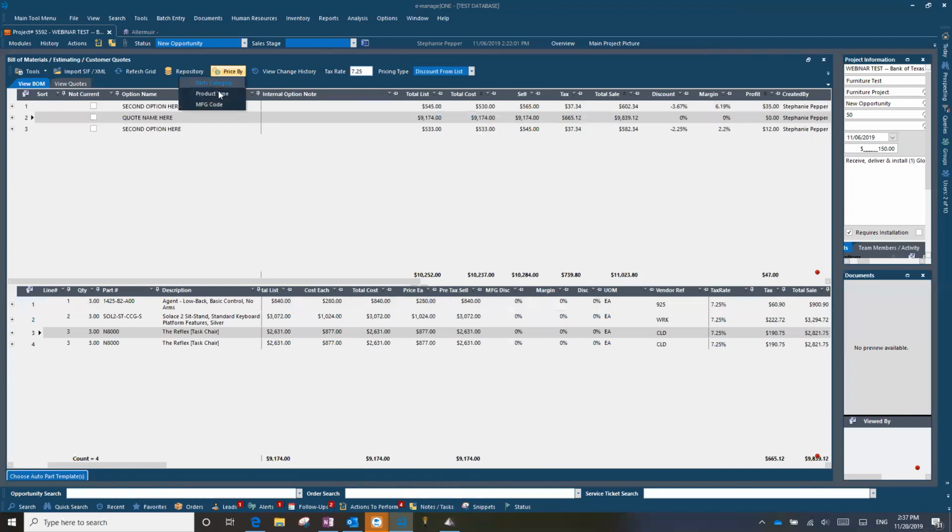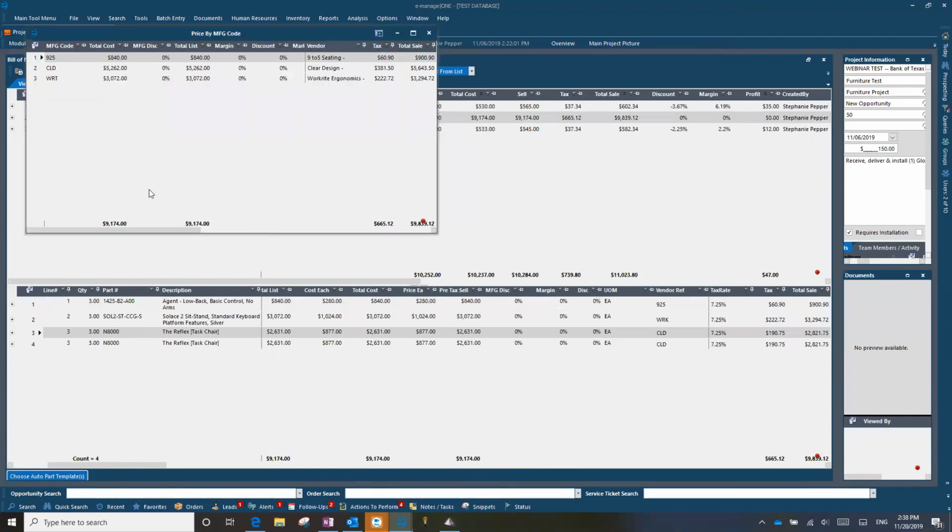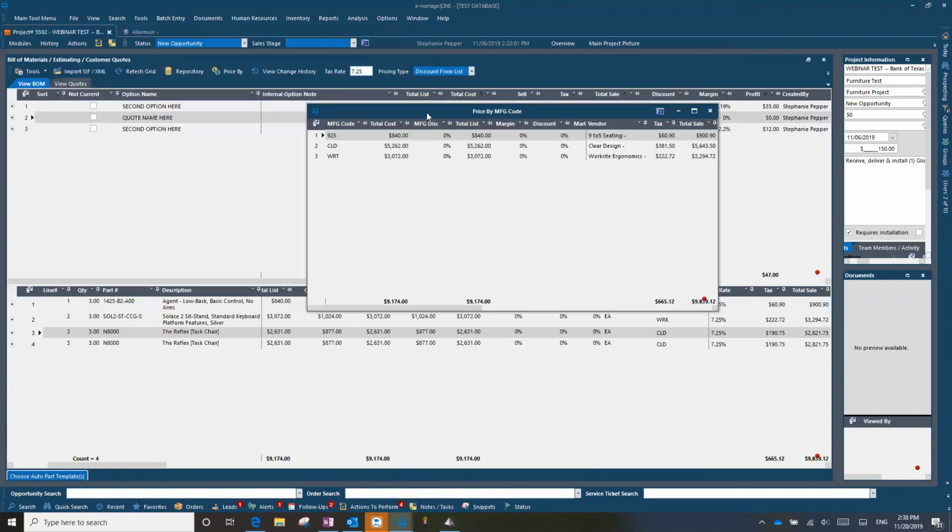I typically go with either my MFG code or maybe product type, but I'd say most frequently used is probably price by MFG code because that's when you're doing that bulk pricing, global pricing. If I needed to change everything that was under the MFG code of 925 and I had 100 different lines on this particular option, I could just come in here and say, okay, my manufacturer discount should be,